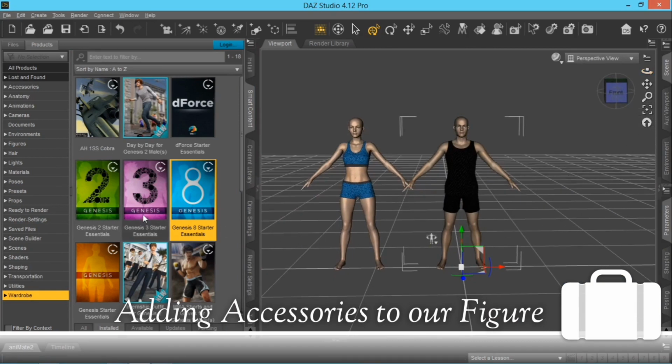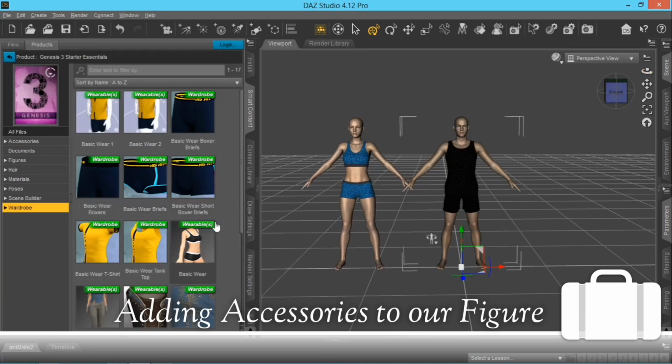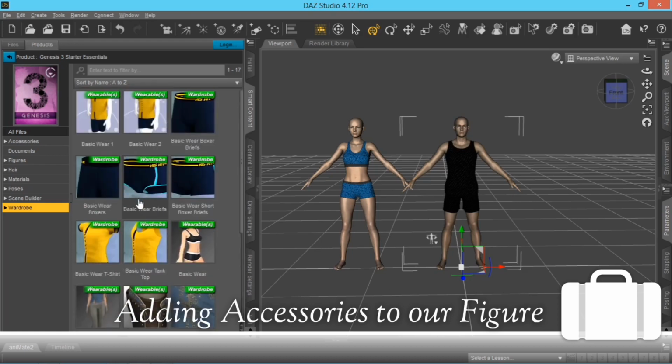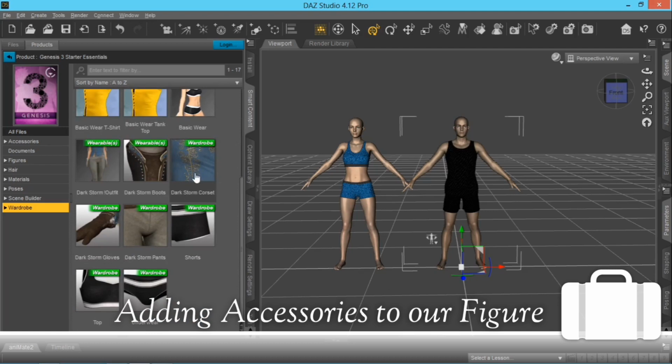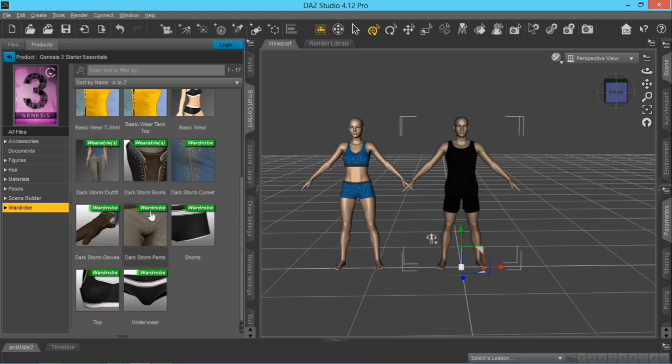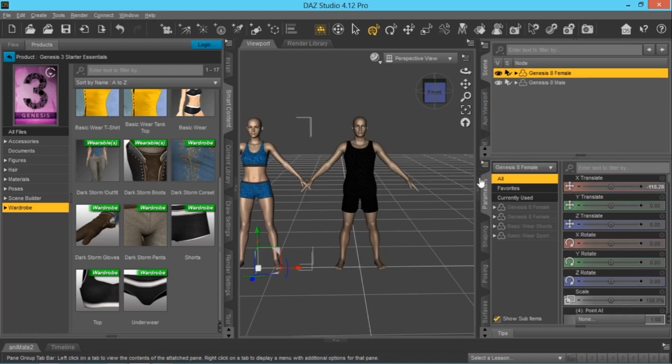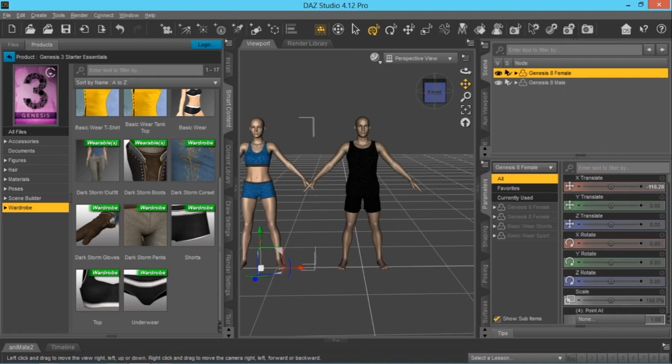So let's look at Genesis 3 Essential. Probably I want to load my female with this clothes. So this is the complete outfit, but I want to show you how to load them one after the other. Are you with me? Okay, so for that I will first load the top and the pants, then remove what I have here. Okay, so what I need to do first is select on this, make sure my Genesis 8 female is selected, then